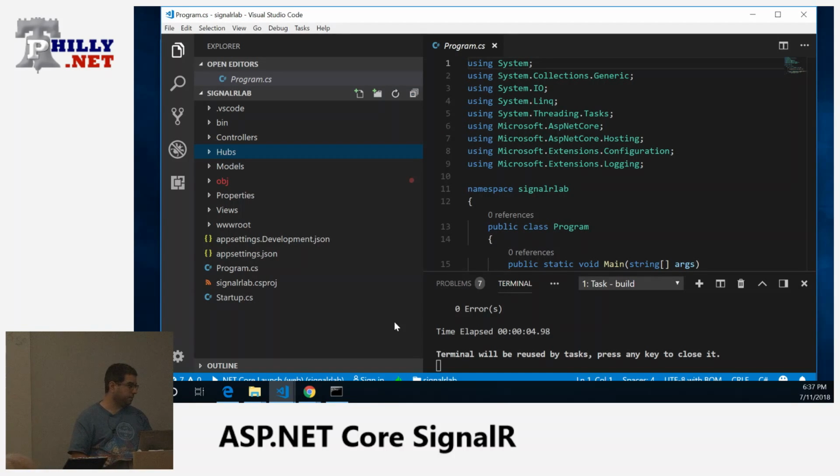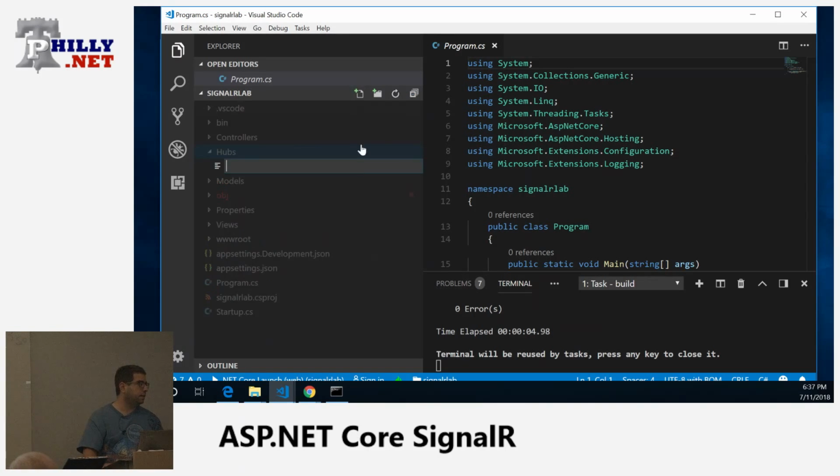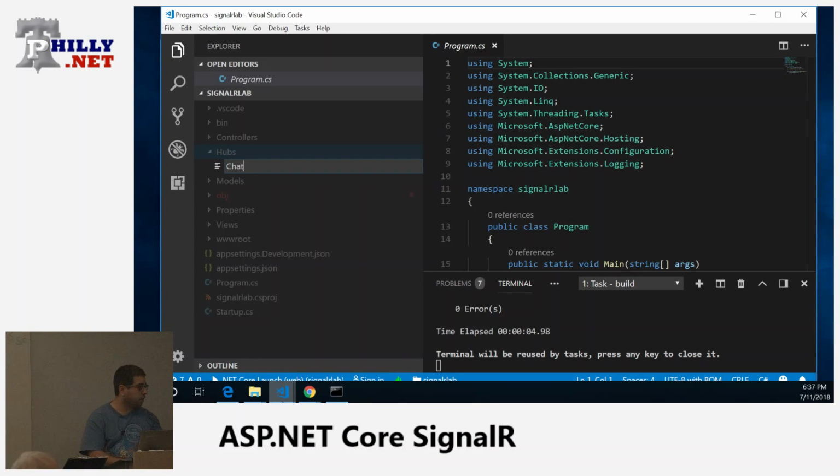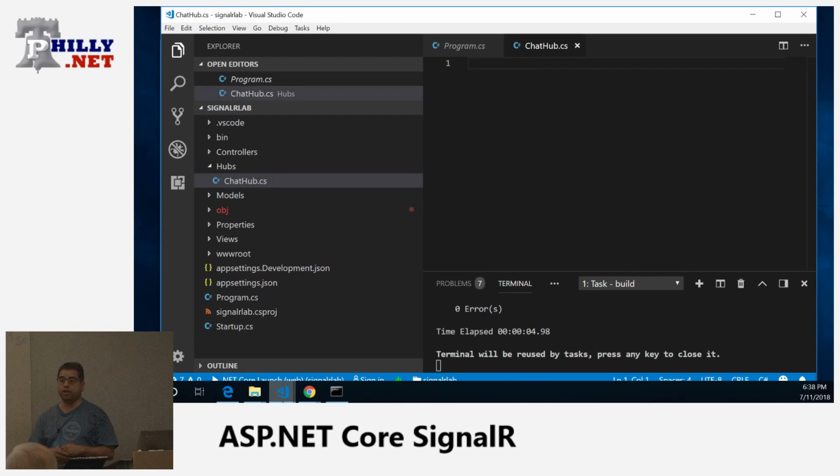In Hubs, since it's already highlighted, this is the perfect place to click the new file button. So when you're done creating the Hubs folder, click the new file button, and you will get the ability to create a new file. Visual Studio Code doesn't know what it is yet, so it's just showing those lines of text. And as I type in Chat.cs, without even hitting enter, Visual Studio Code says, C# file, I recognize those. And when I hit enter, I have a brand new blank file,